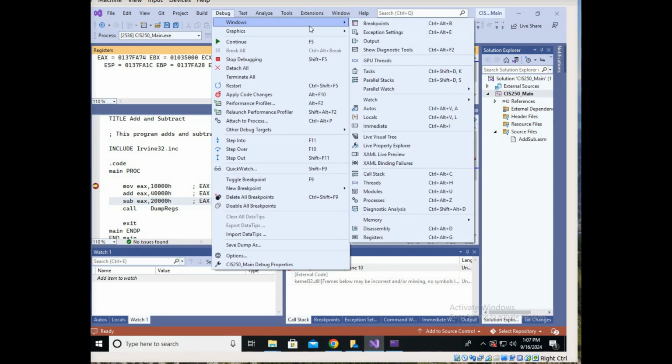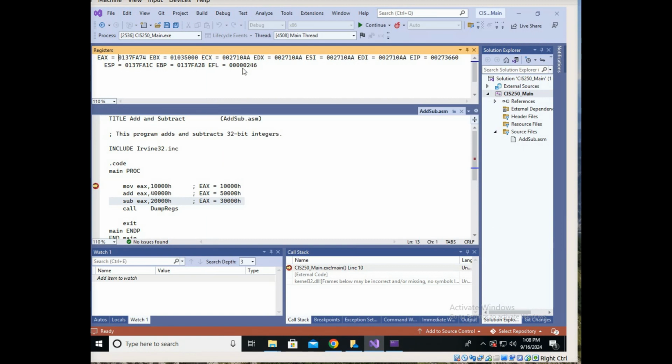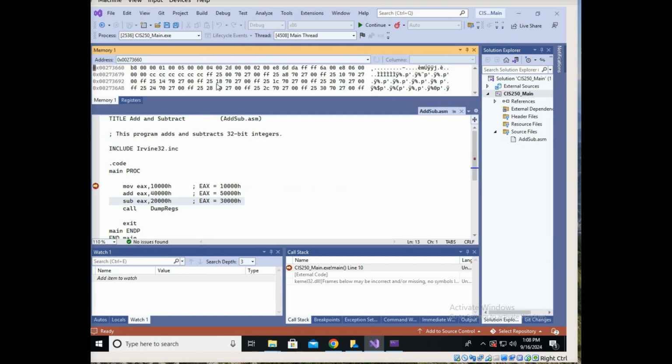And then also go to bring up memory and just do memory 1. This will be more later, but you kind of want to set this up. With memory 1 will show exactly what's in your memory when the program's running. And so in this case, if you look at the registers,